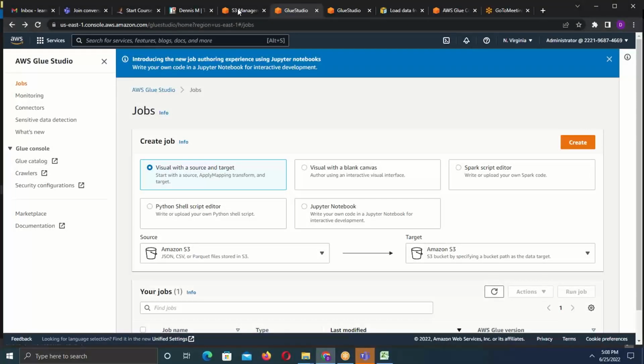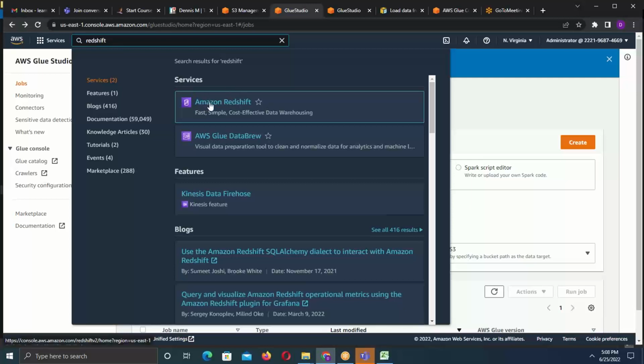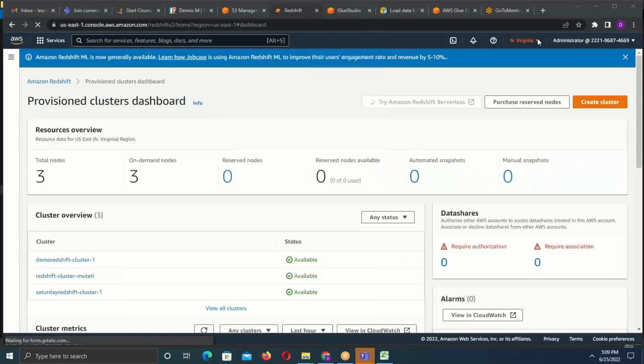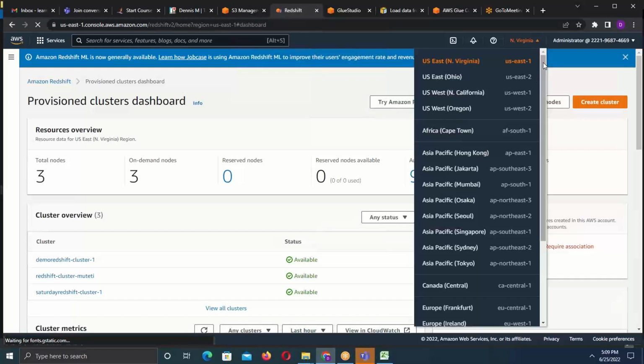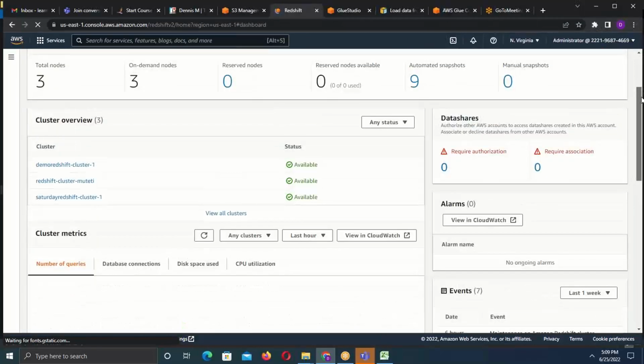So the next thing, I want to showcase how to do transformations and load the data now to Redshift. I think I already created some clusters for Redshift, and I also made some connections. One thing you have to be a little bit careful about when you are working on this is to make sure you define the location that you are working on. Because if you don't do that, it's going to give you the wrong data, or maybe it's going to. So for this particular case,